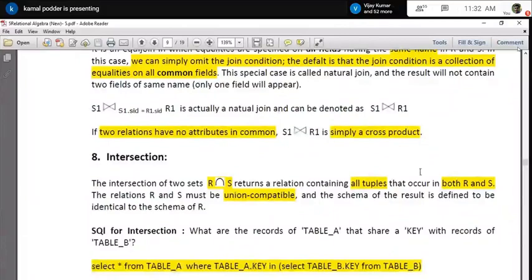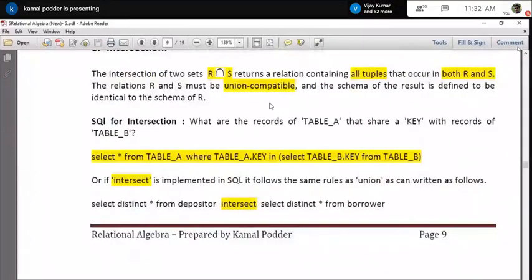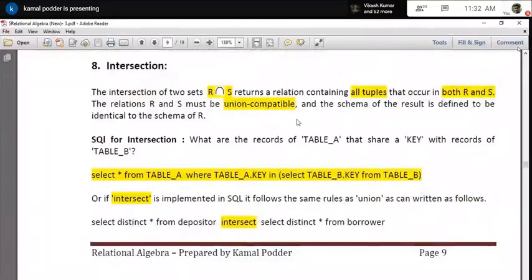Now come to the intersection. Intersection is another operation which returns a relation containing all tuples that occur in both R and S. In the difference we have seen a tuple is available on only one side, not available on the other side.